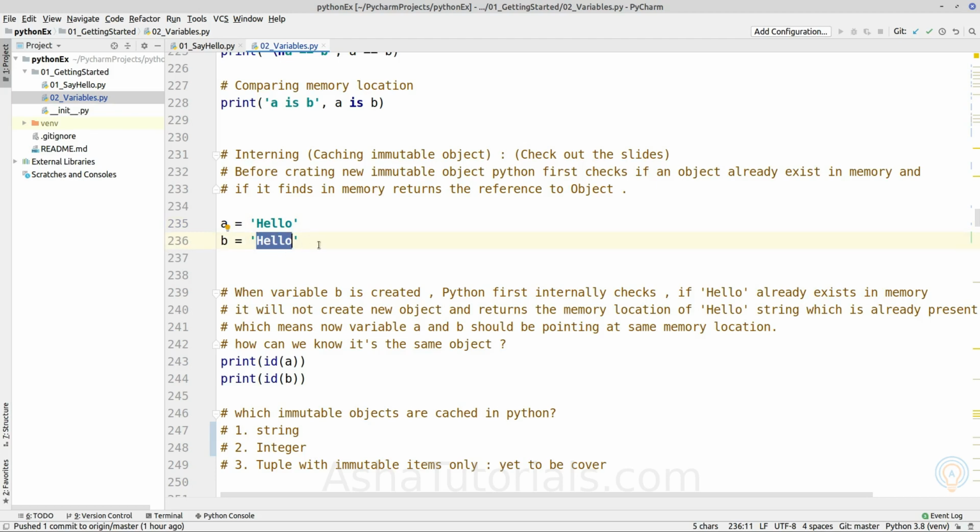It will return the same memory address of the existing object. How does it happen in memory? Let's check out the slides.